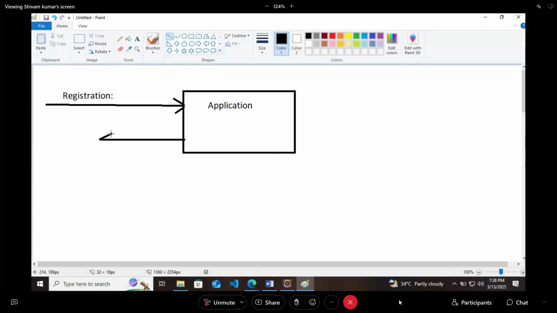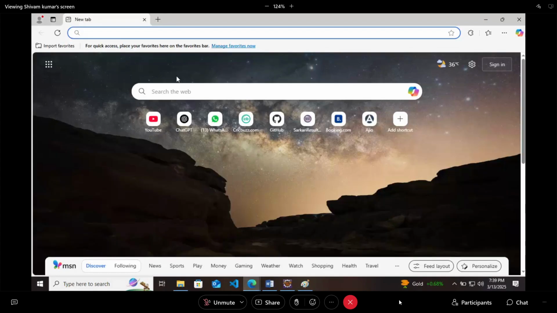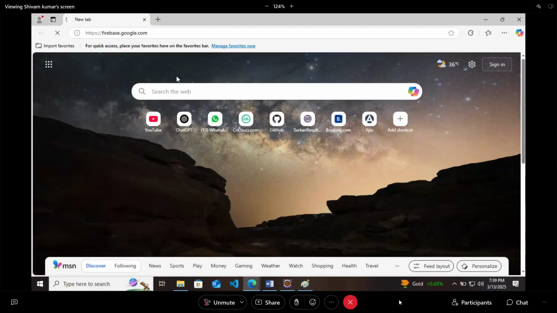So after going there, you registered yourself and the application is giving you back a JWT token. What is the application giving you? A JWT token. Now what will I do with this token? Whatever request you are doing, see, wait, in the recent project that we have completed, like Book My